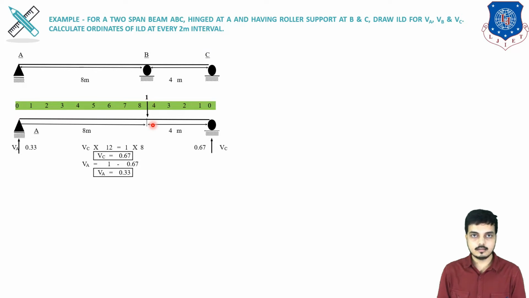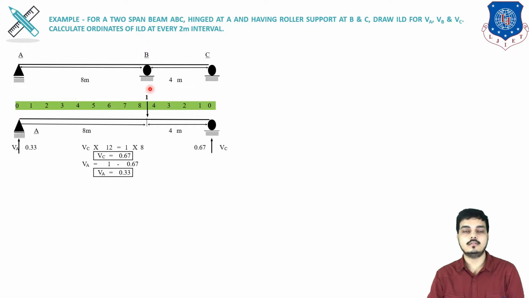I would like to repeat again that I know that a simple support resists two reactions, vertical and horizontal. But for a beam we are neglecting the horizontal reaction. So ultimately only the vertical remains. Here it is vertical and here it is also vertical because it is a roller. And I know that there are three equilibrium conditions. So that's why the value comes as capital R minus small r, 3 minus 2 is 1. We are neglecting the horizontal reaction for beams, as well as the horizontal condition from small r, as I explained in previous sum number 1.